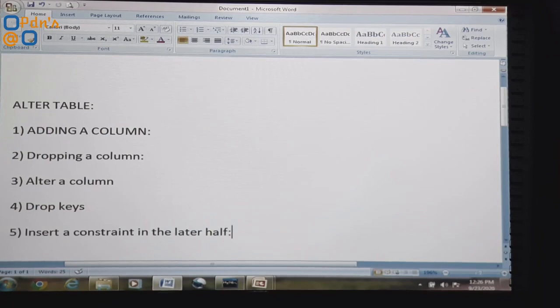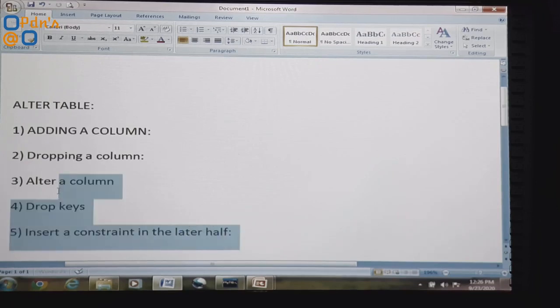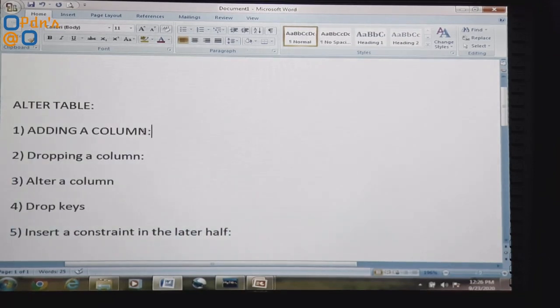So these are the different options, the different facilities which can be availed by means of the alter table command. We will learn each and every feature one by one. So how can we add a column using the alter table command? First of all, we will check this one.